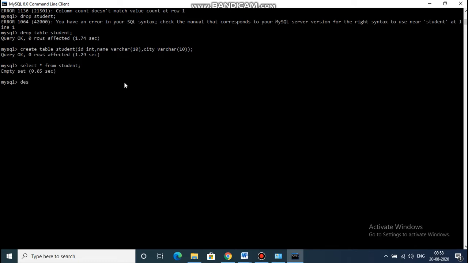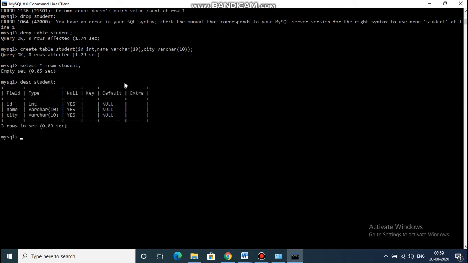To see the structure I will use the command DESC student. So this is the structure of the table. Field, type, null, means can we put that value as null or not. Key, if you provided the primary key, super key, subset of the key, then it will be reflected over here. And auto increment is also visible in the extra part.